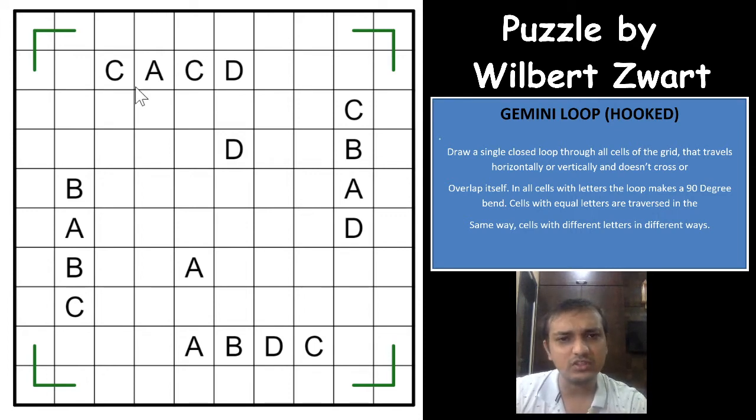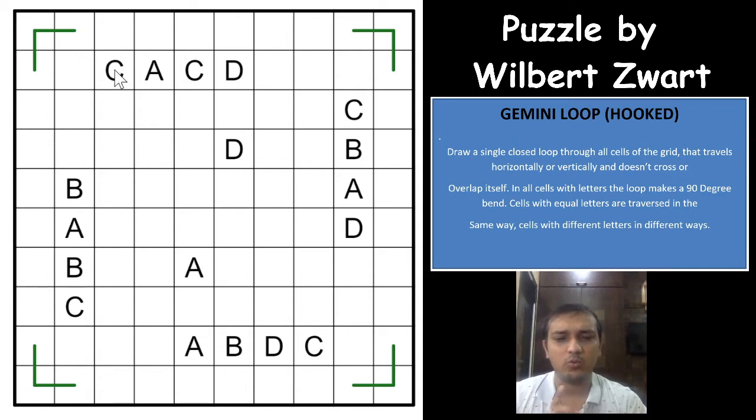The moment I saw this puzzle, there was something very tricky at this point, because these four letters are all different, A B C D here. But this group of four letters has two letters in common, that is B and B and C here. This was the start of the puzzle.